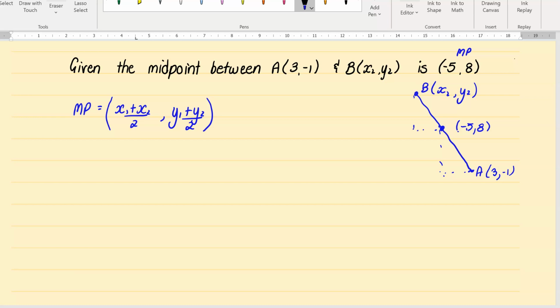So we write our formula down and we look what information do we have. In this case, we have our midpoint. So we will pop that in. It's minus 5, 8. It says equals, I pop equals, put the bracket. What is our x1 and x2? So here's our first x coordinate and here's our second. So I'm writing 3 plus x2 over 2. You could have written x2 plus 3 over 2, doesn't matter. And then our y will be the minus 1 plus